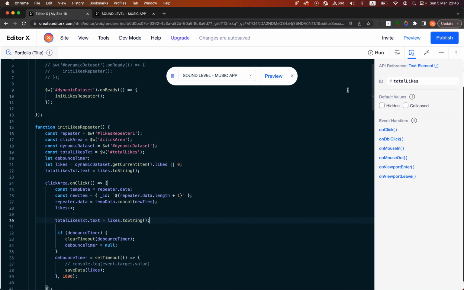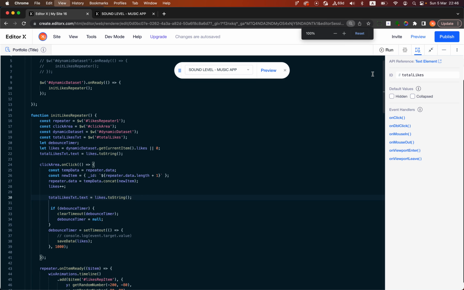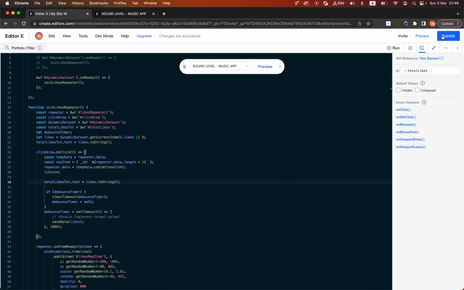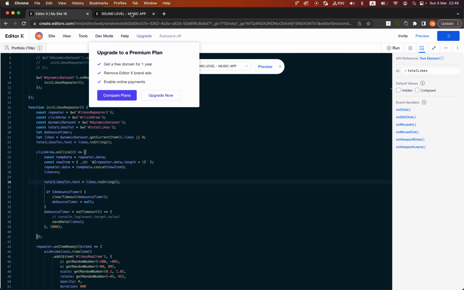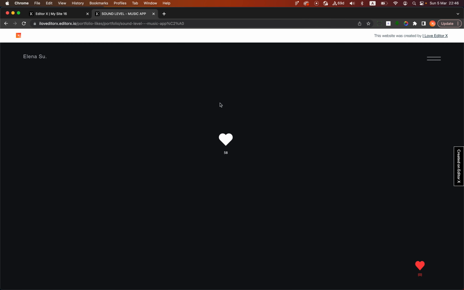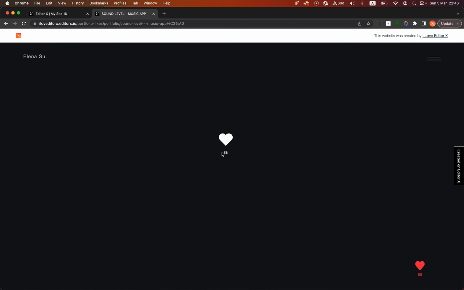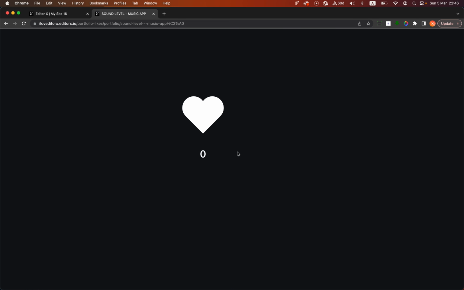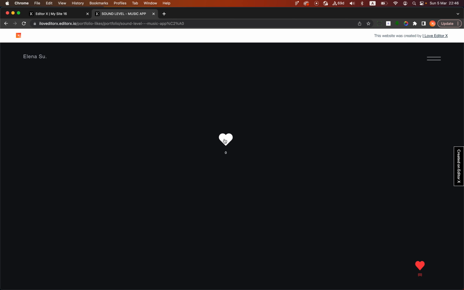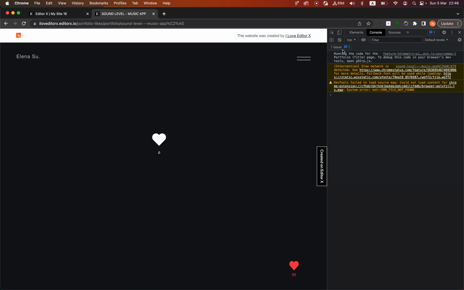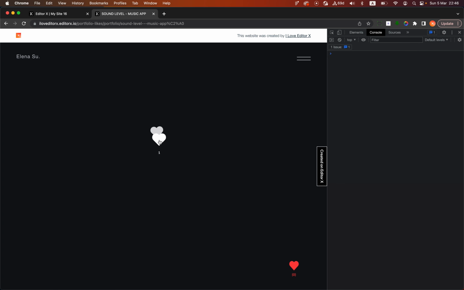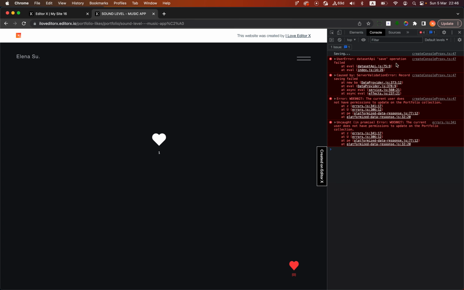and see if it's working. So let's publish it. Remember that right now this dynamic item has zero likes. Okay, as you can see right here. So let's open the console to see if it's saving when we are clicking. So let's click one time, and then it says saving, and then we have some error in the